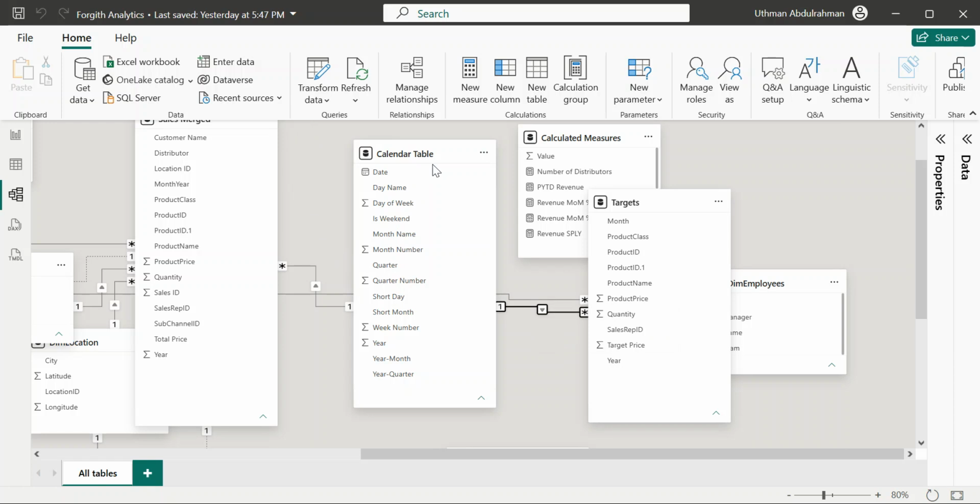The target table only has month. So let's